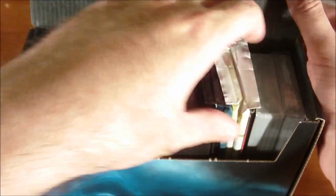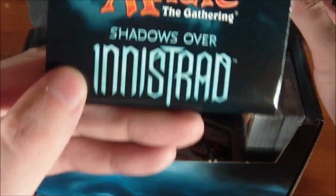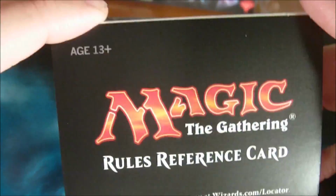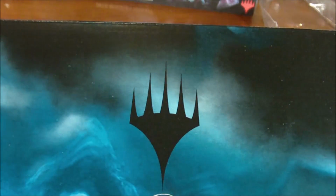All right, so we have a random piece of cardboard for spacing. This would be our Shadows over Innistrad. This must be the deck building insert. So I'm not going to go through this on camera, but that's what that is. And then of course there's this reference card that we have seen time and time again, so again, not going to bother with that. We'll just set that off to the side. We've got our